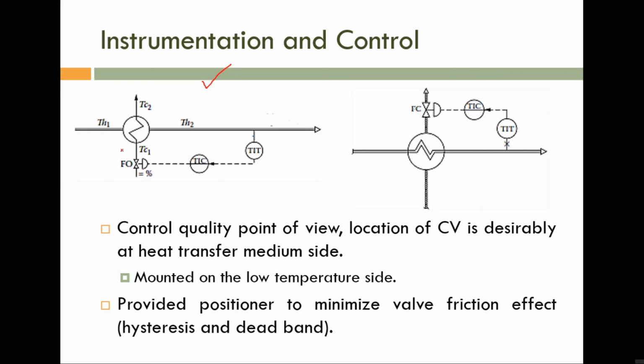So in order to reduce the size of the control valve, and to reduce the maintenance cost, we need to install the control valve on the relatively low temperature side. So if it is a cooler, at the inlet side the control valve is installed because the inlet side temperature is small, and in a heater the output side temperature is small, so the control valve is installed at the output side. Is it okay? That is very important if you are manipulating the flow rate of the heat transfer medium.